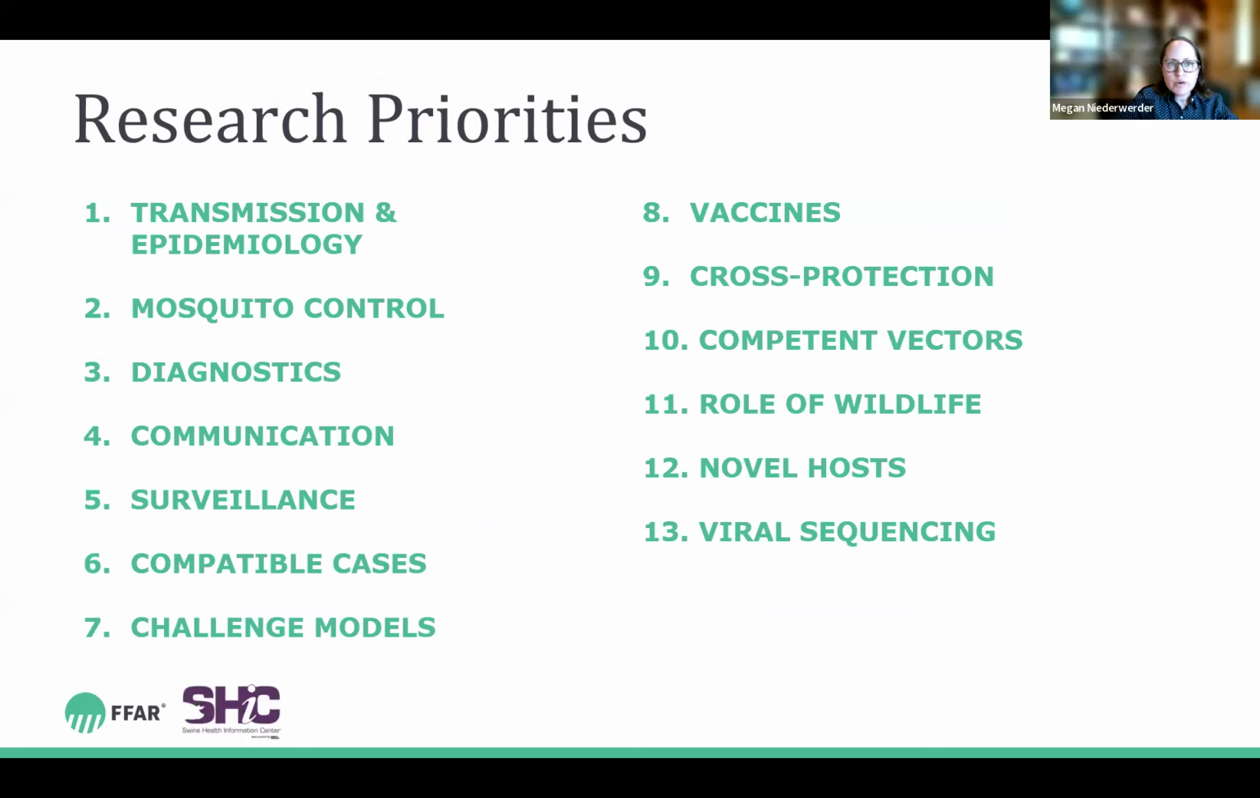With significant stakeholder feedback and solicitation of ideas, the Foundation for Food and Agriculture Research and the Swine Health Information Center have developed 13 research priorities that are specific to this research program. These research priorities are described in detail in the RFP document, and I'd encourage you to review those 13 research priorities there. But as you can see, these 13 research priorities identified here with some major headings include transmission and